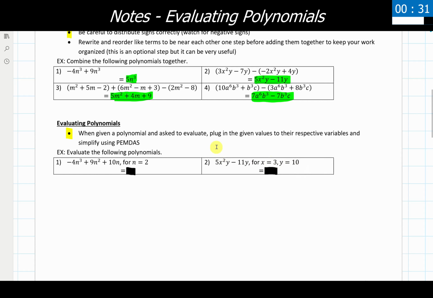All we're going to do is plug those values in. I recommend inside of a set of parentheses because negative signs, once again, will screw this up if you don't do that. And then we just evaluate and simplify everything down using PEMDAS, our order of operations, which I believe we covered in the Math 70 material, but we'll go through and I'll write that out as a quick refresher with these 2 examples. So let's dive into these and see how we go about setting those things up and actually solving them.